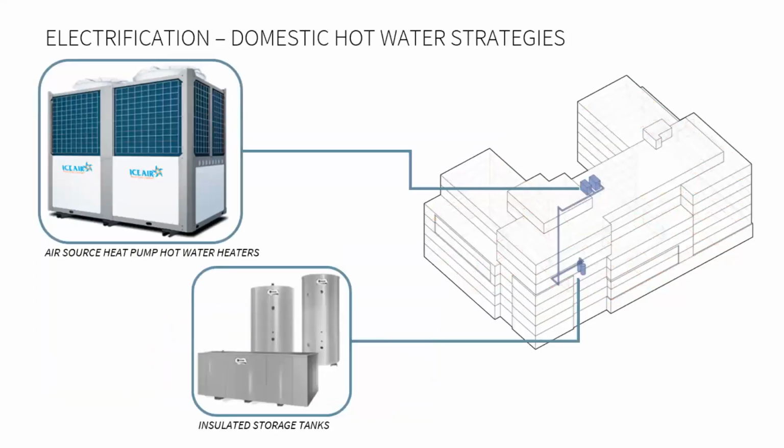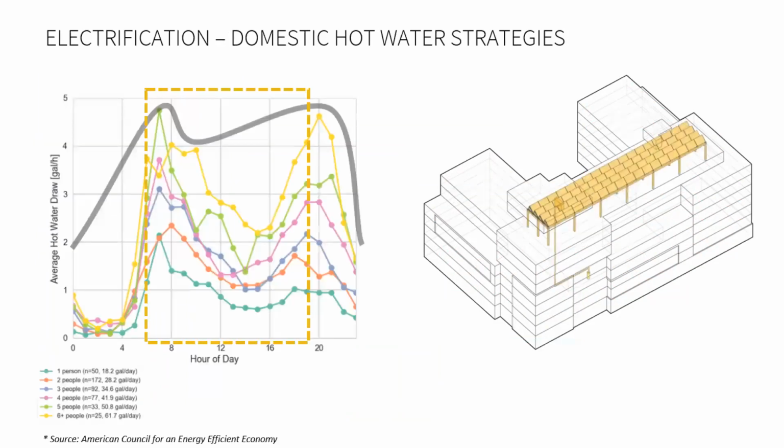It will also use, like the previous project, hot water storage and heat pump hot water heaters that will be sized for the entire domestic hot water load. Next slide. However, instead of the multi-pronged hydronic based system that we proposed on the previous project, we're using supplemental electric hot water heaters for this. So on very cold days, when the heat pump hot water heaters might not be working as efficiently or at top capacity,